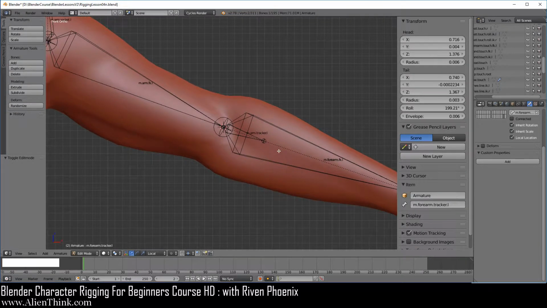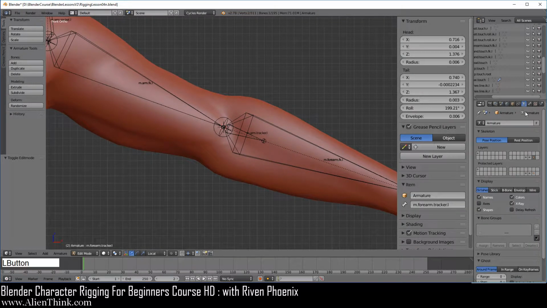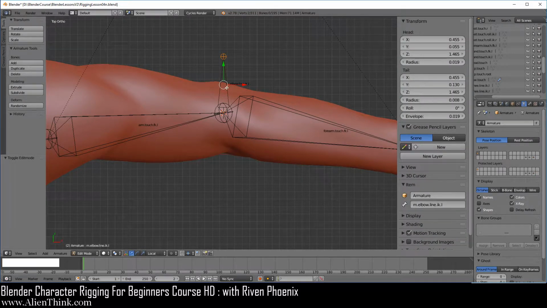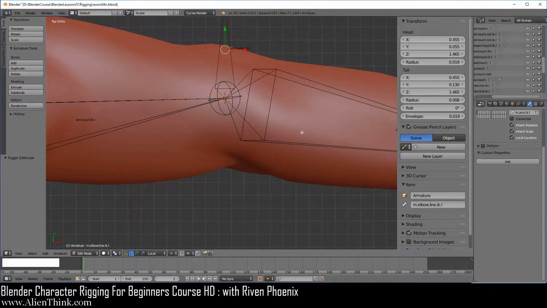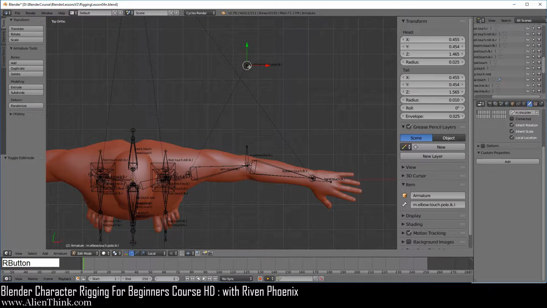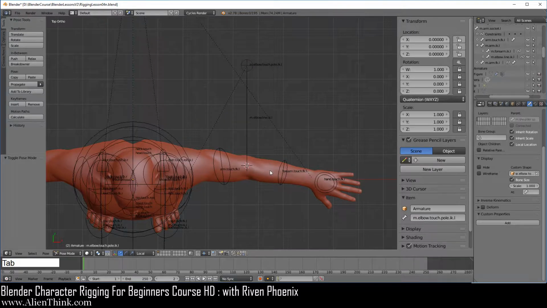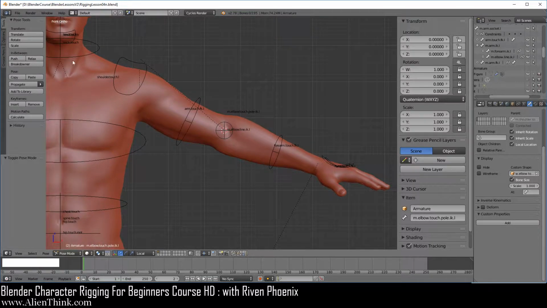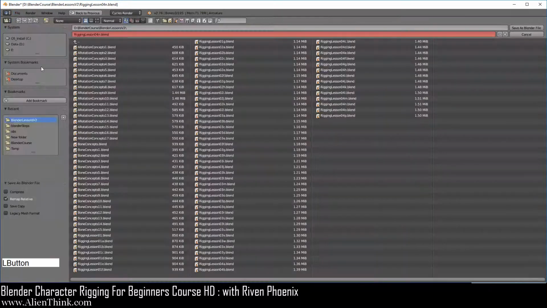Okay, so now what we want to do is actually go to the data tab over here and press the 7 key to go to the top view and click over here and just make sure that the deform is off on this bone. Okay, so go ahead and go to the bone tab and the deform should be off on this one. Okay, and it is. Okay, so this whole thing is set up now. So what we want to do is go ahead and now just focus this over here, go under File, do Save As, and I'm going to save this as rigging lesson 040.blend.